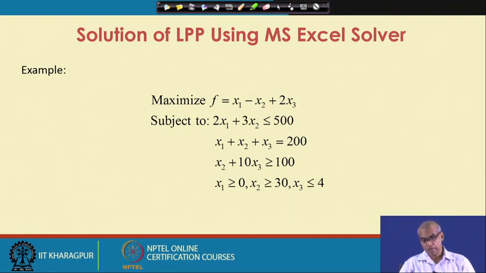So, we have one less or equal to type constraint, one equal to type constraint and one greater or equal to type constraint. Then we also have x 1 greater or equal to 0, x 2 greater or equal to 30 and x 3 less or equal to 4.